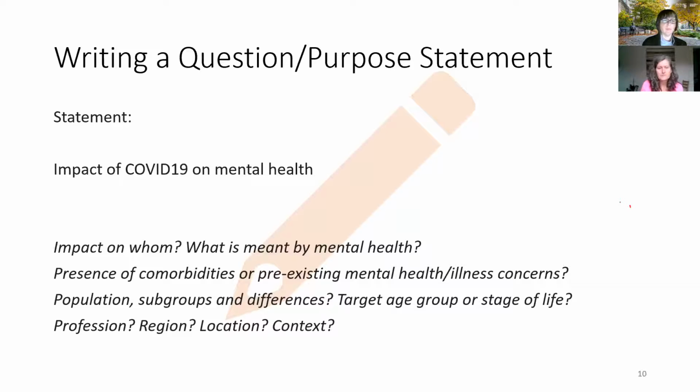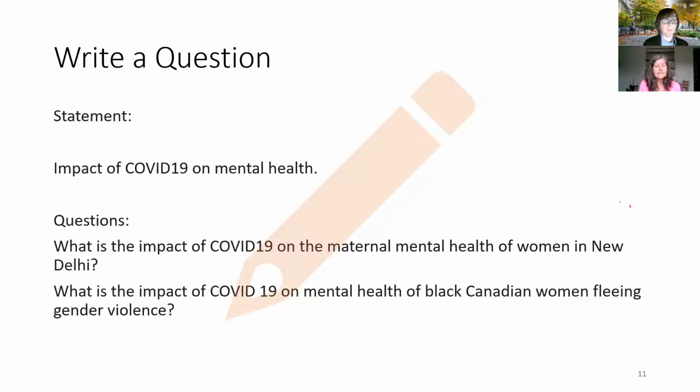general statement of interest. So you might instead say, what is the impact of COVID on the maternal mental health of women in New Delhi, right? You've got these elements, remembering the PICO, right? You've got population, you've got intervention, you've got a comparison, maybe not so much the comparison here, and the outcome. What do you want to know? So it's an example of how you break your question apart to identify the elements that you really want to